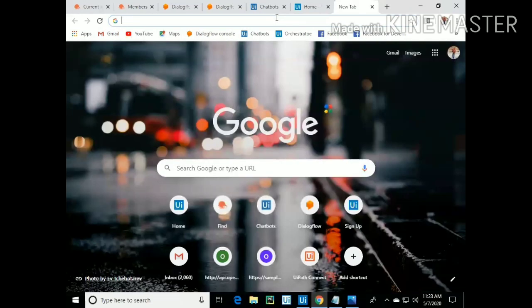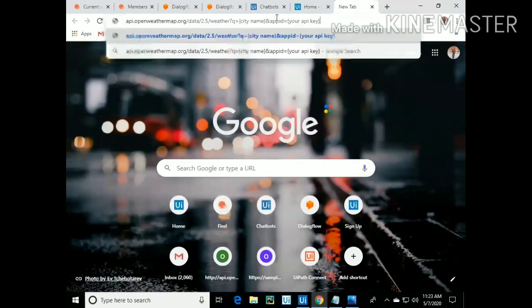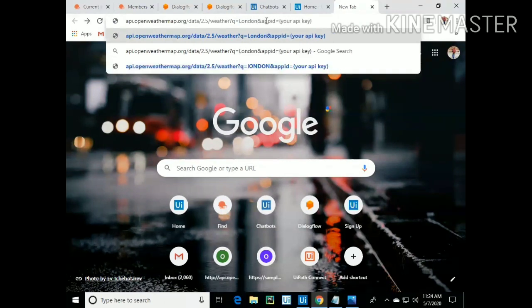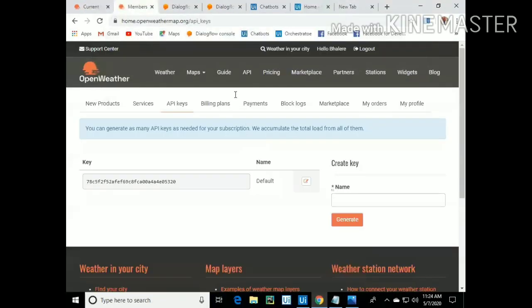So let's just copy the URL and try to get the data by replacing the city name. To get the API ID, make sure you are signed into the OpenWeatherMap website, and under API key, you will find the key.